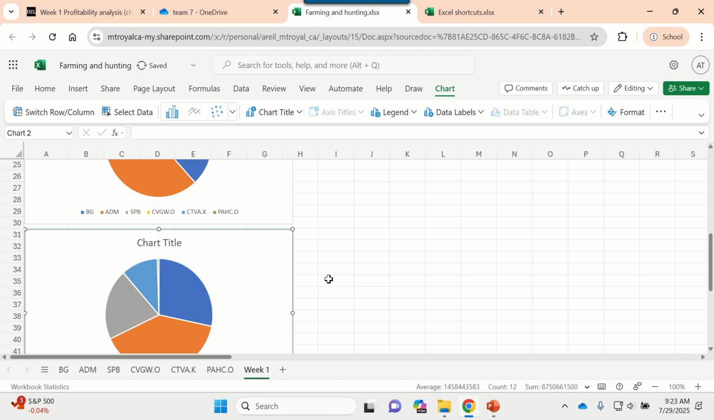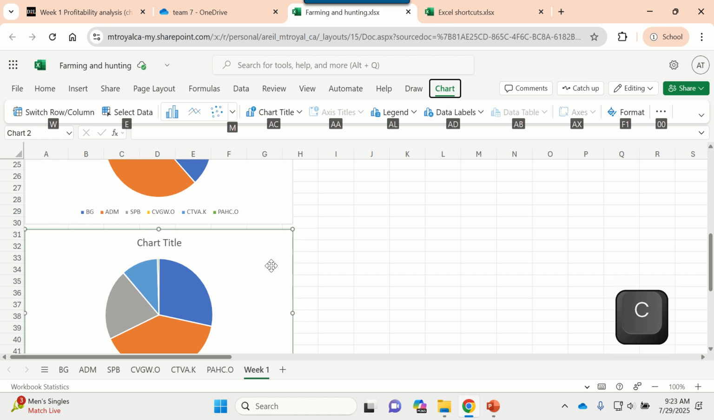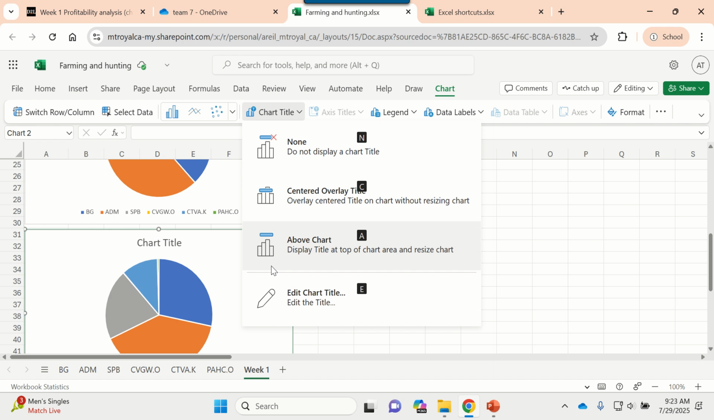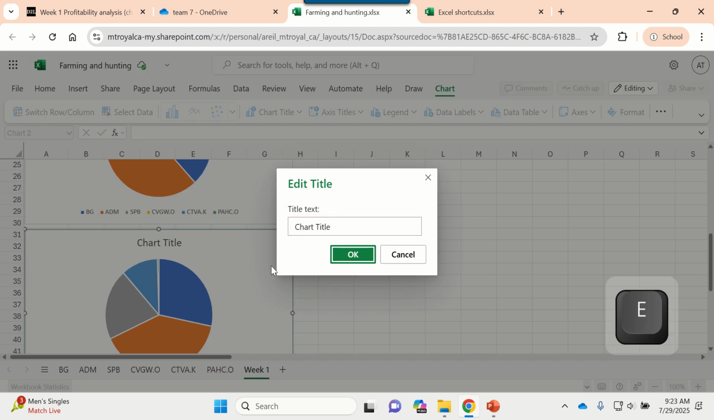There. Now, while we're still selected on that, and by the way, if you're not selected on it, there's no easy keyboard way to get back to it. You have to click the mouse. I'm sorry. But since we're on it, we can go Alt-J-C to get to the menus, and the AC is the chart title that we want. And E for edit that chart title,